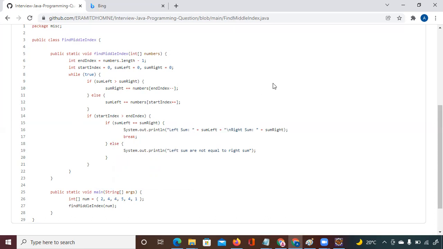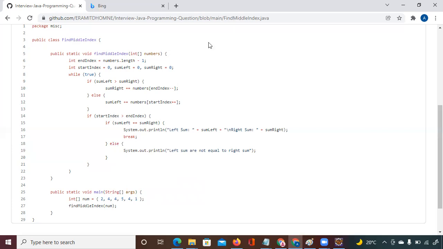So this function will find the middle element, the middle index. I've already run this program in the class and explained it. Do you understand, or shall I explain it once again? You just have to understand how this logic works. It just checks whether the number of elements toward left and right is greater or not, and based on that it will add an element. 5 plus 4 plus 1 is equal to 10, and 2 plus 4 plus 4 is 10, then both are equal. But suppose 2 plus 4 plus 6 is less than 4 plus 5 plus 4 plus 1, so how much will it be? 4 plus 5 is 9, 9 plus 4 is 13, 14. So based on this the for loop will run.